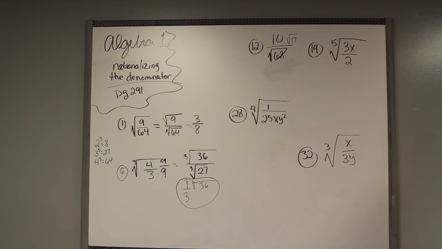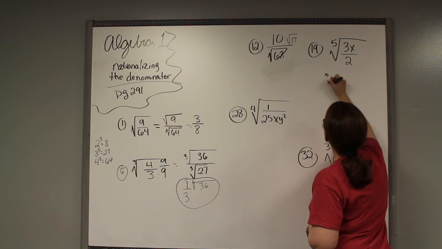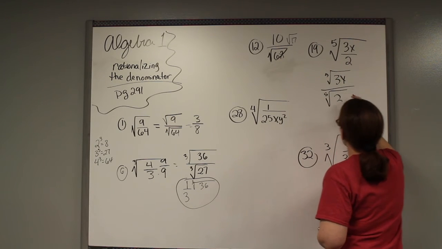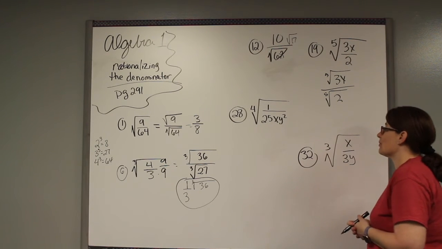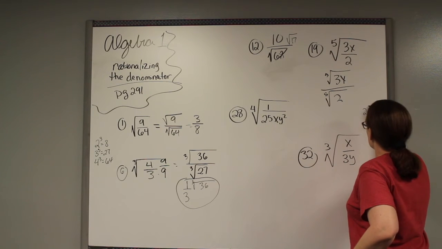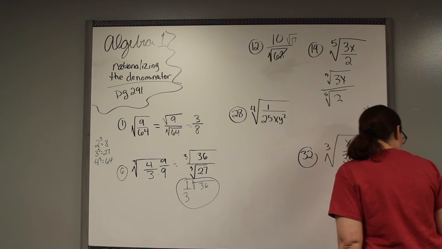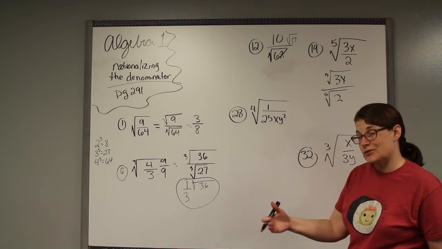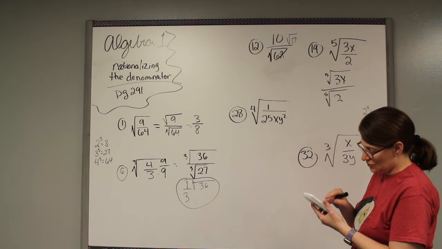Alright, so on this problem, if I rewrite it to look like this, I need that radical 2 out of there. Well, guess what? 2 times 2 is 4. That's not a fifth root. I need to find some fifth roots. So I will write some. I don't need to go far, and I'll show you why in a minute. 2 to the fifth root is saying 2 times 2 times 2 times 2 times 2. Okay, I think I want to say it's 32 or 64, but